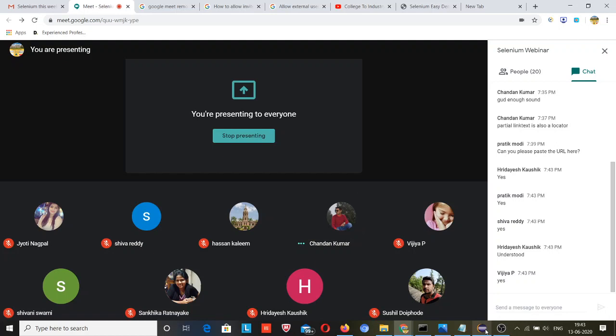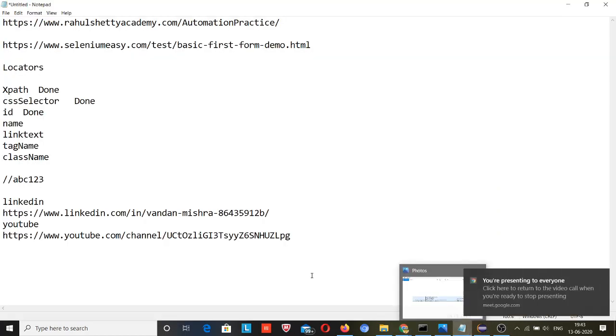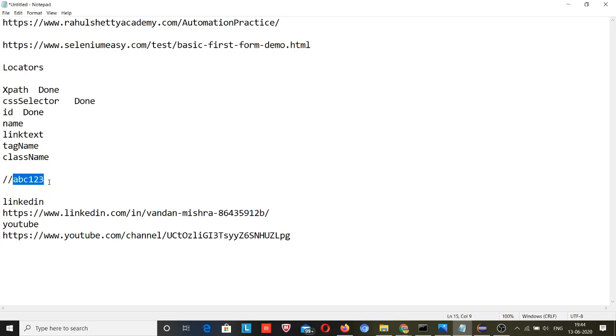Okay, so I said sometimes an ID will have a numeric value in it. Suppose the ID is like abc123, for a web element. In that case some part will always be common.